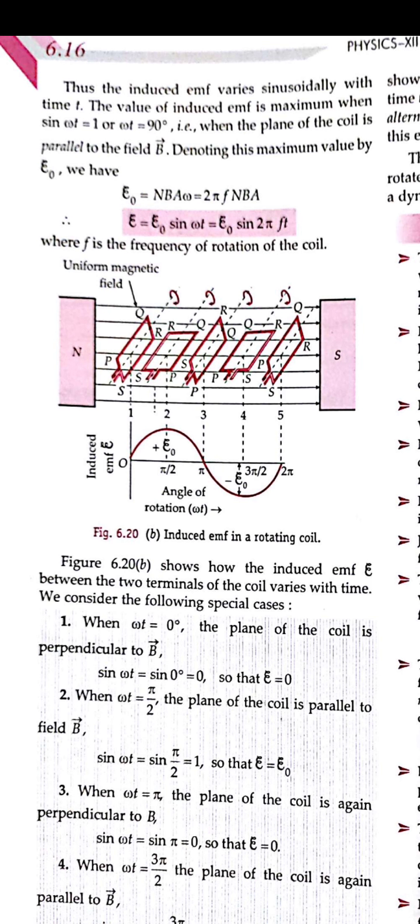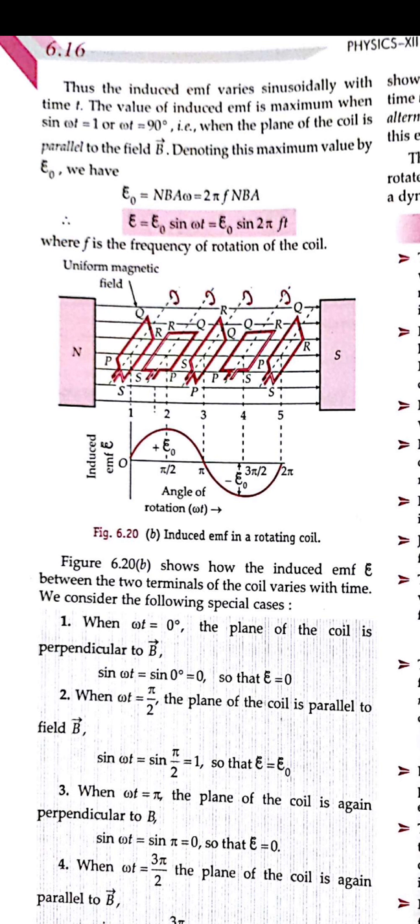So we can see that it changes in the upward and the downward direction, that is, there is a positive half cycle and a negative half cycle. When the plane of the coil is parallel to the magnetic field, there will be the maximum value in the upward direction, and when it changes, again it will be in the downward direction. When it is perpendicular to the magnetic field, it is taken in the positive half, and when it is parallel to the magnetic field, it is taken in the negative half. So we can say that a sine wave is formed, that is, the change in the induced EMF with respect to time.